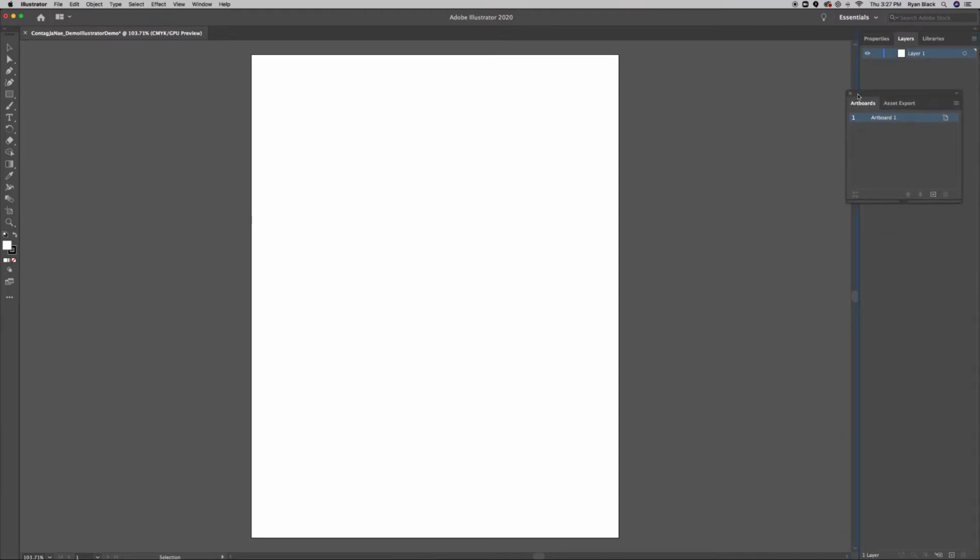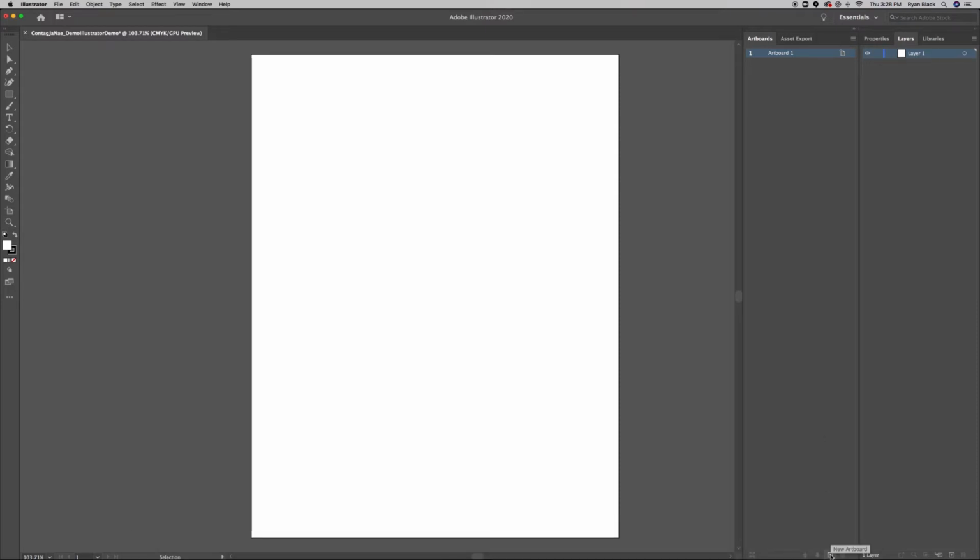So that's one that I'm going to want to add. I'm going to go up to Window here, and you can note all of these different panels that are options for how to manipulate your graphics here. I'm going to click on Artboards. Now if I want to add this to my workspace, I can drop it in here, I can drop it up here. It's totally up to you, however you want to work or whatever works best based off of the